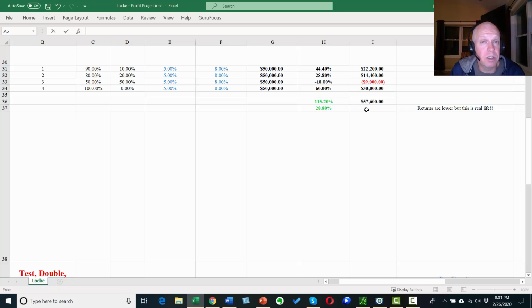But this is still excellent. I mean, you can make an incredible amount of money. I mean, look at 28.8%. That outperforms most every mutual fund on the planet and most traders on the planet. So that's an excellent return. But there's a challenge that comes in. You could take this trading strategy and trade it, and you could be a very rich person doing so. However, most people are not going to do this.